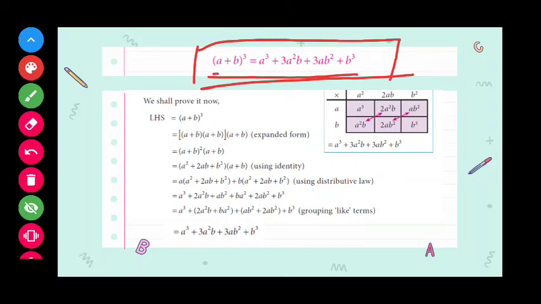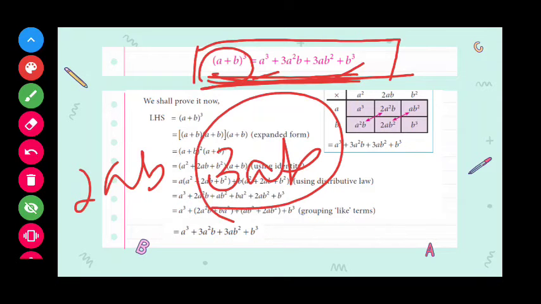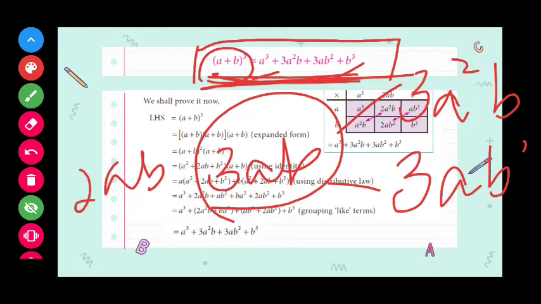It might look like a bigger identity, but if you look carefully, it's a very simple one. Just the same way a plus b whole square contains a square and b square in the previous identity, here it should contain a cube and b cube. You put those at the ends of the identity, and in the middle there it had 2ab, so here it should have 3ab. But since it is a cubic identity, you split this into 2 types and write 3a square b, where you put square for a, and 3ab square, where you put square for b. That's all. It's a very simple one.